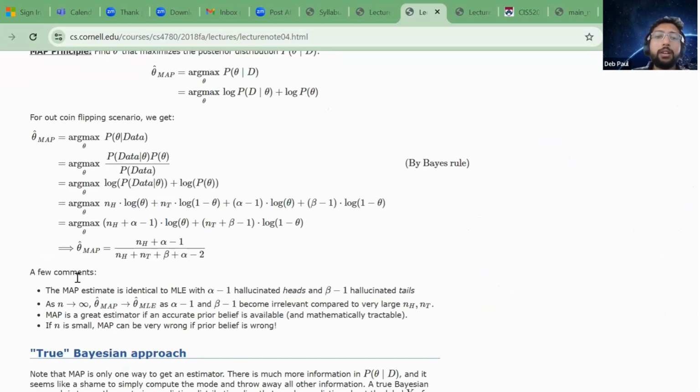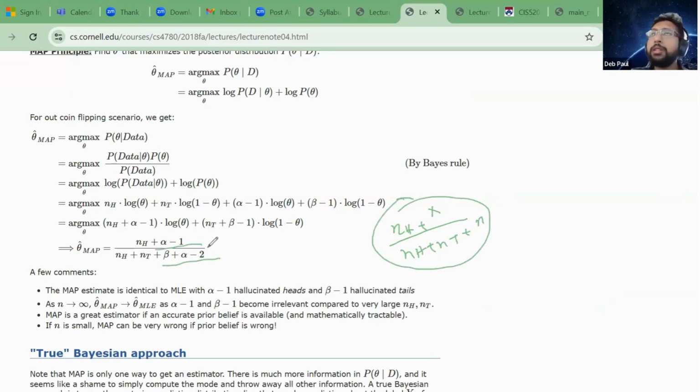In the case of the maximum likelihood estimate, we got nh plus some value over nh plus nt, divided by the normalizing factor. In this case it's very similar, right? You are getting alpha, and then beta plus alpha minus 2, so you are getting similar things to the smoothing that we discussed. So both of them land on a similar kind of estimation. Both reach the same answer, but have very different viewpoints, or very different ways of reaching it.